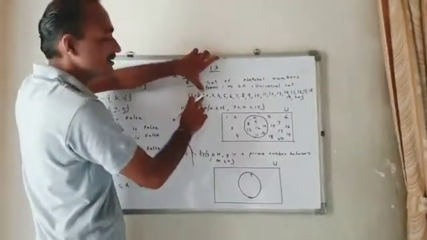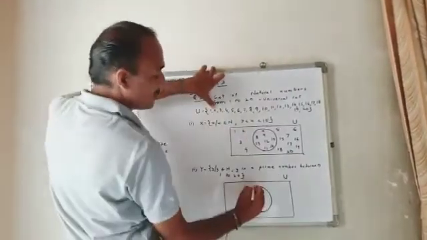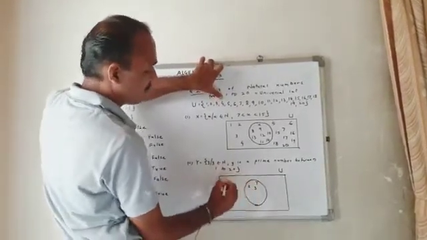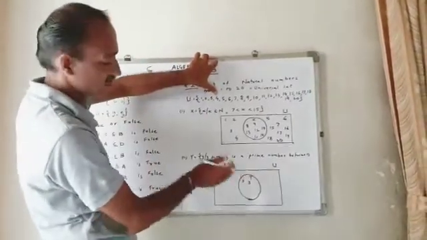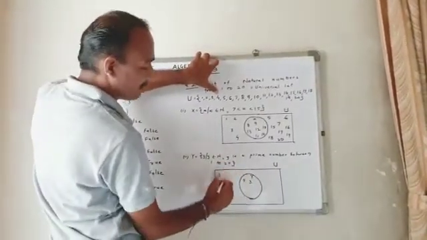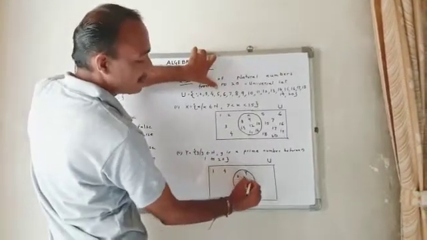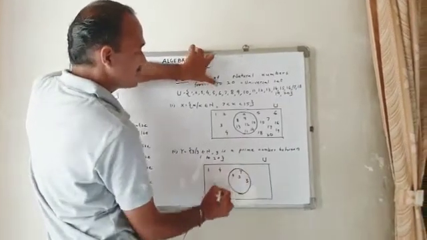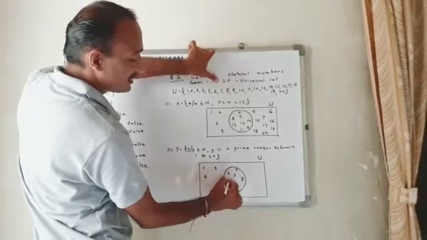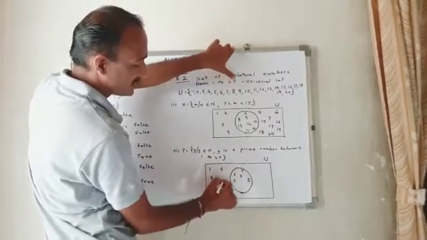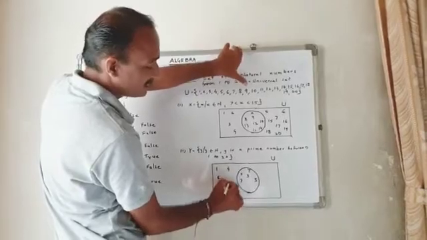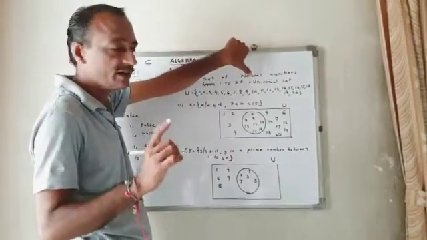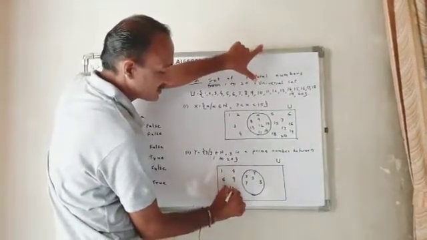Now here 1 is neither prime nor composite. 2 is a prime number. 3 is a prime number. So 1 is neither prime nor composite; you will write it in the free space. 4 is a composite number. 5: 5 ones are 5 and it does not come in any other table, so it is a prime number. 6 composite number again. 7 prime number. 8 composite. 9 composite. 9 is an odd number but composite. 9 ones are 9, 3 threes are 9. 10 again it's a composite.